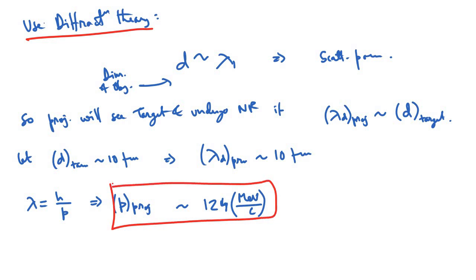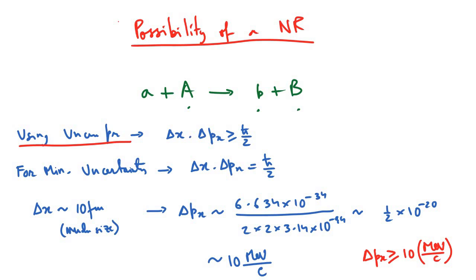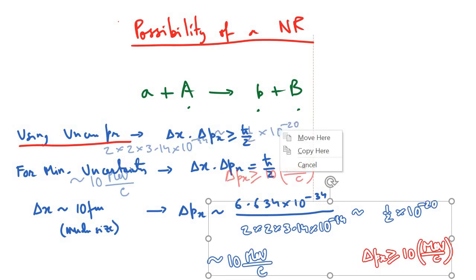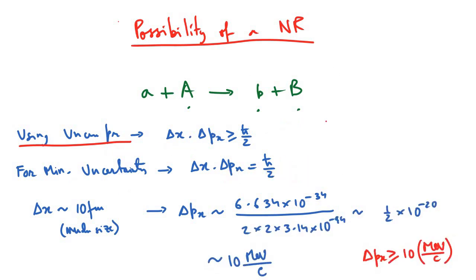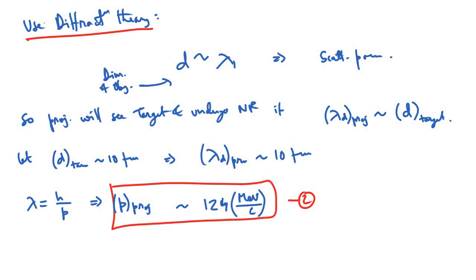Now if this is number 2 and the previous result was number 1, okay, then from both of them we can say that if both these relations, we can say that